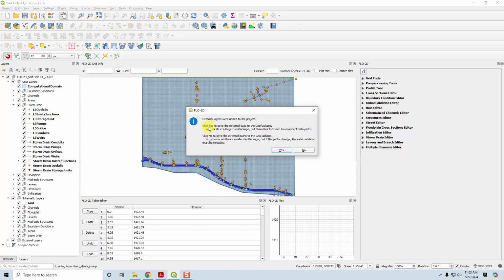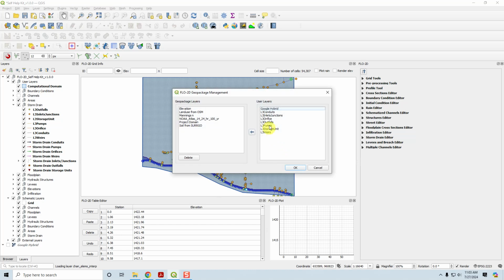So it's going to say click yes to save the external data to the geo package. Yes results in a larger geo package but eliminates the need to reconnect data paths. Click no to save the external paths to the QGZ file. So I'm going to click no. Well, actually I'm going to click yes because I want to show you that you have multiple options. So I click yes, but I'm not going to actually add these guys